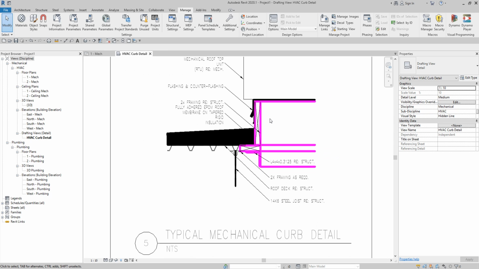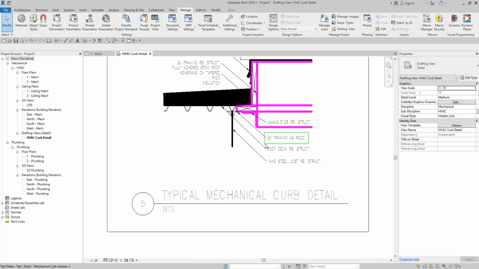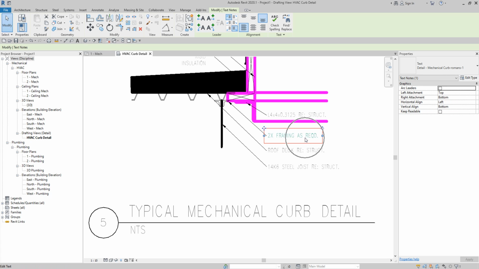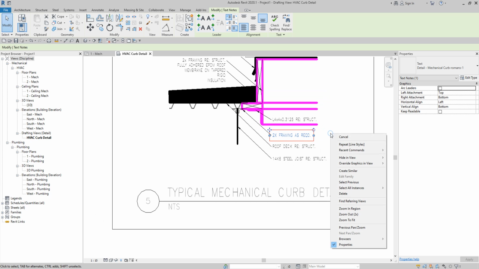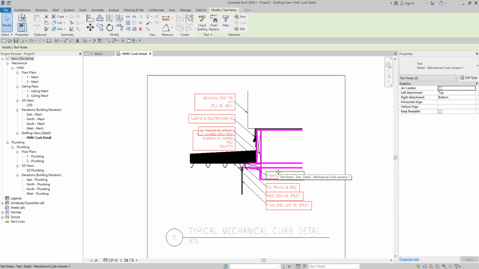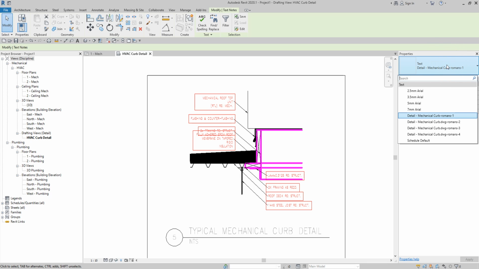Now the next thing that I'm going to do is change the exploded AutoCAD text to a Revit standard font. Okay, so I'm going to select, let's say, this one. I click that, and then I right click and select all the instances in my view. So it will select all the text there. Okay, and then after that, from the type selector, I'm gonna go ahead and